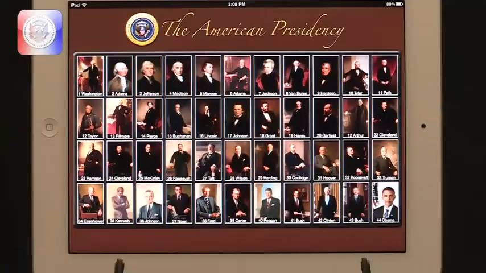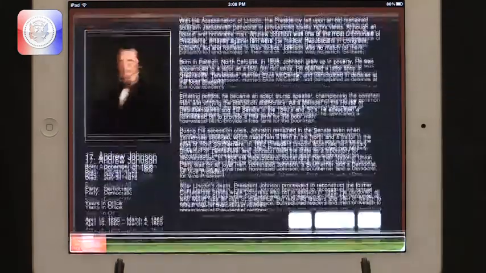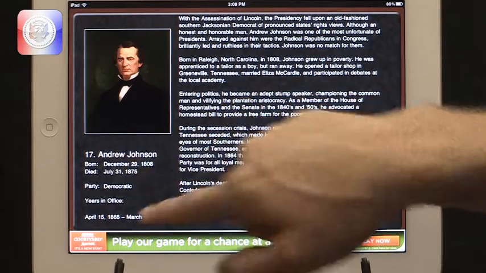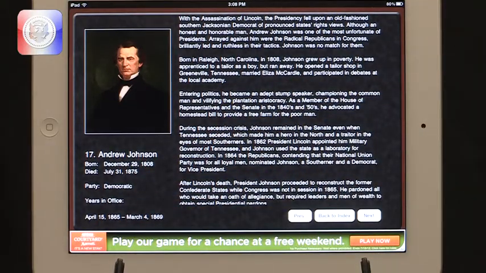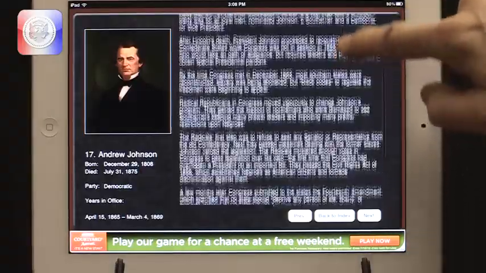Right. This app is The American Presidency, and you can see that all of the presidents are arranged. There's no room for new presidents, so I'm not sure what they're going to do next. But when you press on a specific president, in this case Johnson, you can see their lifetime, party affiliation, all of that. So similar to the other app, but here it's organized in a visual way, and then a short biography is available